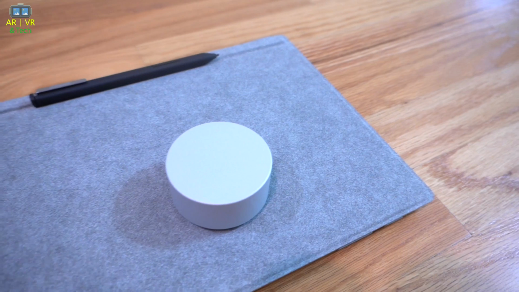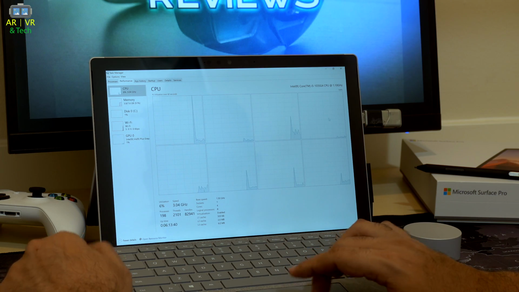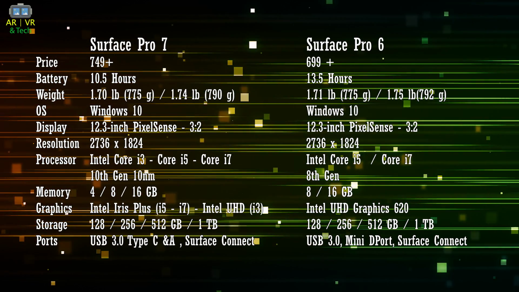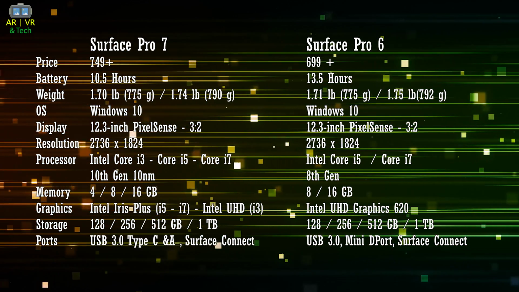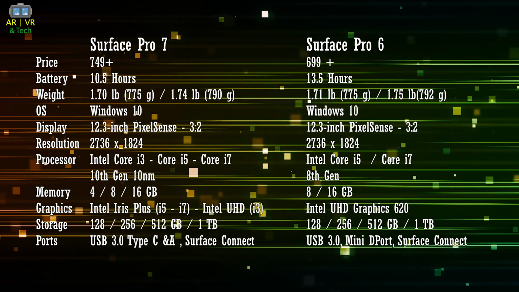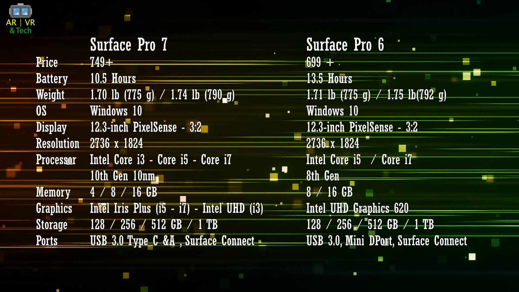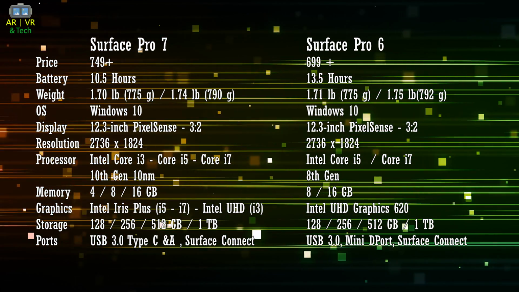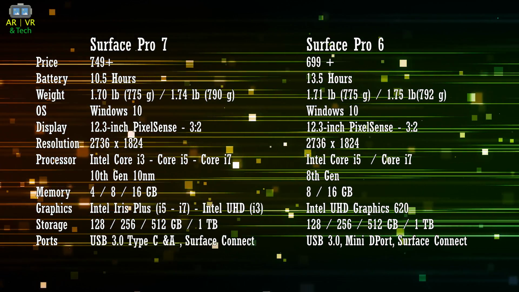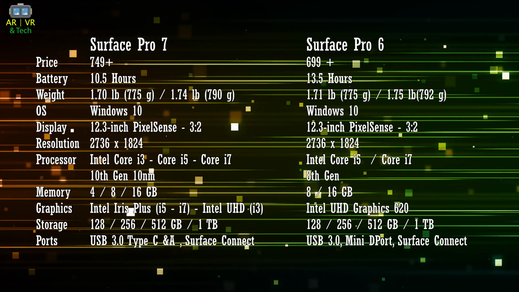to improve this. Surface Pro 6 comes with the 8th gen i5 CPU or i7, while the Surface Pro 7 comes with i3, i5 or Core i7 CPUs from the 10th gen. Memory-wise, the Surface Pro 6 is 8 or 16, while the Surface Pro 7 is 4, 8 or 16 gigabytes. Surface Pro 7 comes with the Intel Iris Plus graphic adapter with the i5 and the i7 models. i3 comes with Intel Ultra HD graphics adapter, while Surface Pro 6 comes with Intel Ultra HD 620 for all